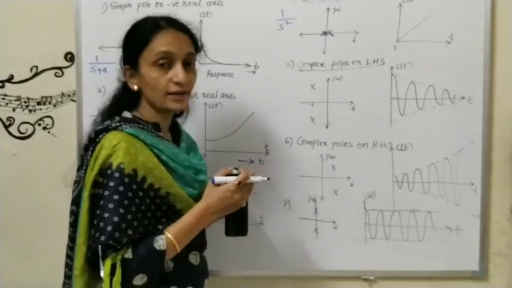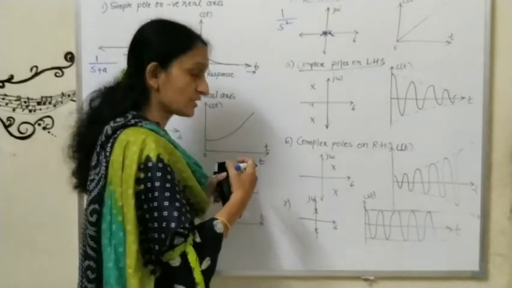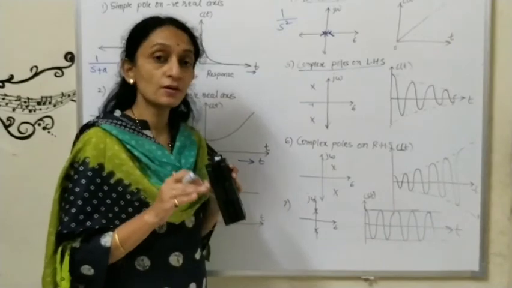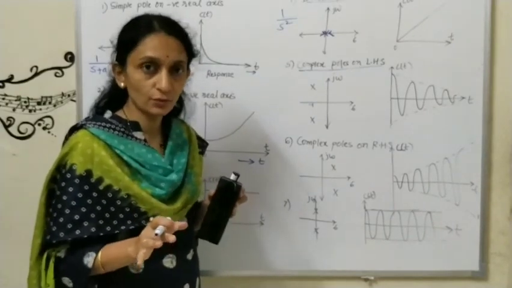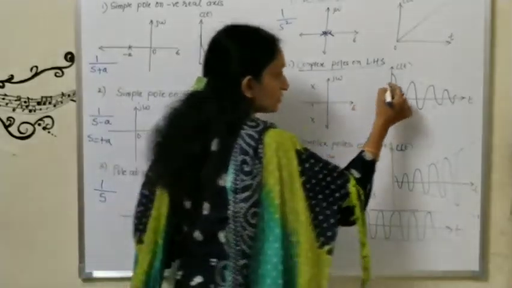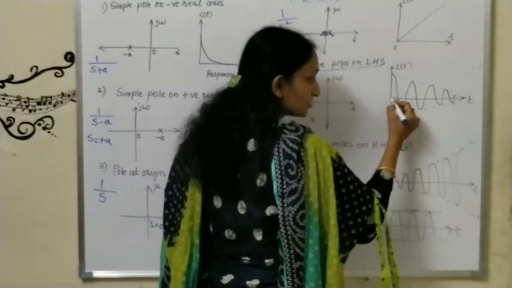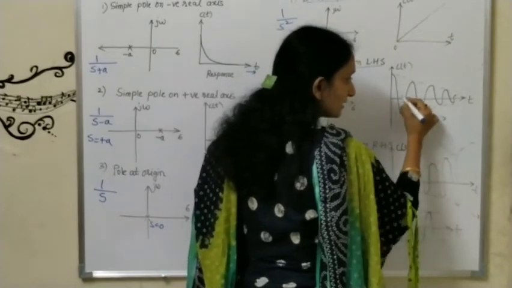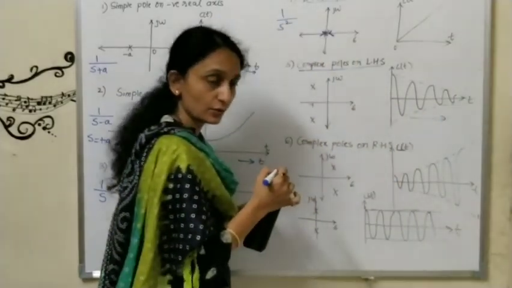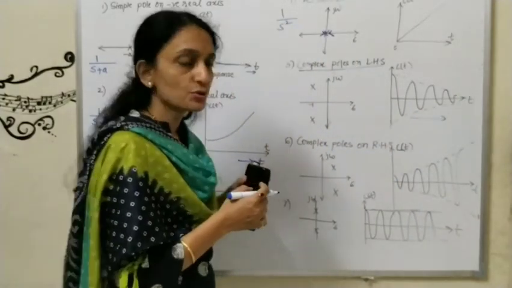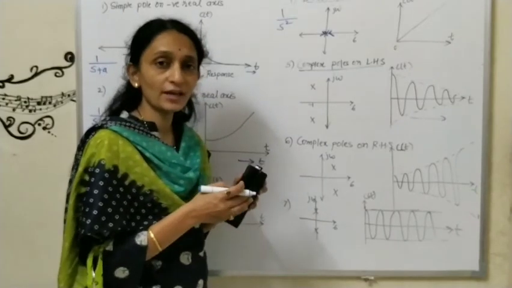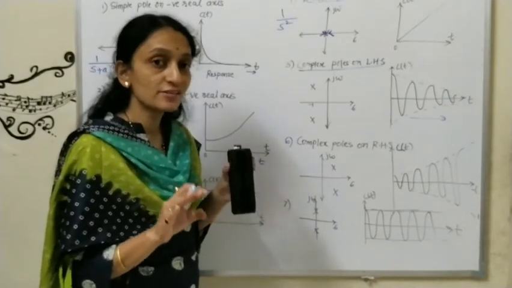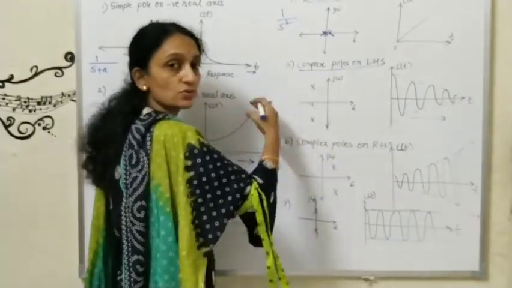So as we have studied, if poles are located on the left hand side, the system will be stable. If I am saying the system is stable, the output response must be bounded as well as controllable. Okay, so look at this. Here I am getting the output response like this. You can check that initially the amplitude is high, but as the time increases, the amplitude decreases. It will get settled, and it may tend to 0 also. So when you apply a bounded input, you get a bounded and controllable output. So the system will definitely be stable, because these two poles are on the left hand side of the j omega axis.